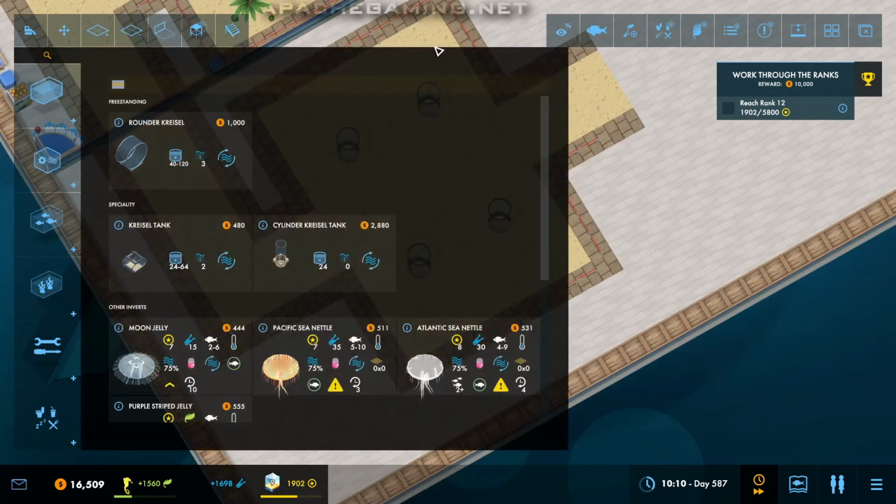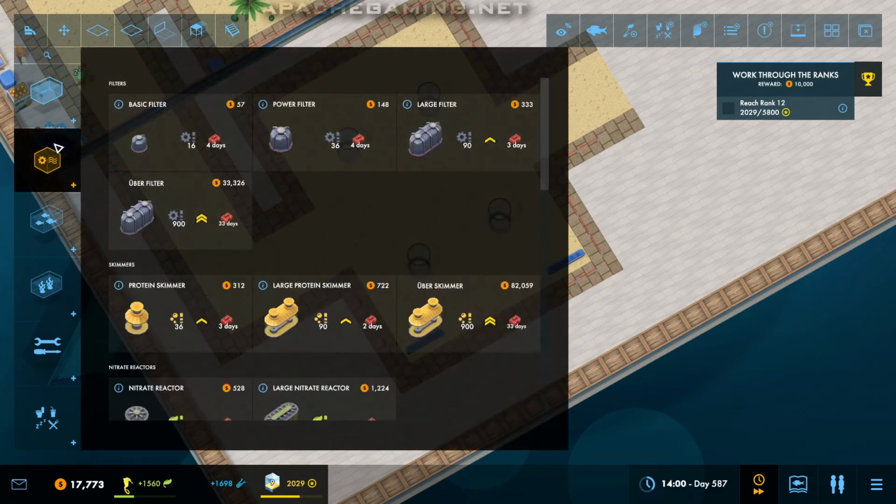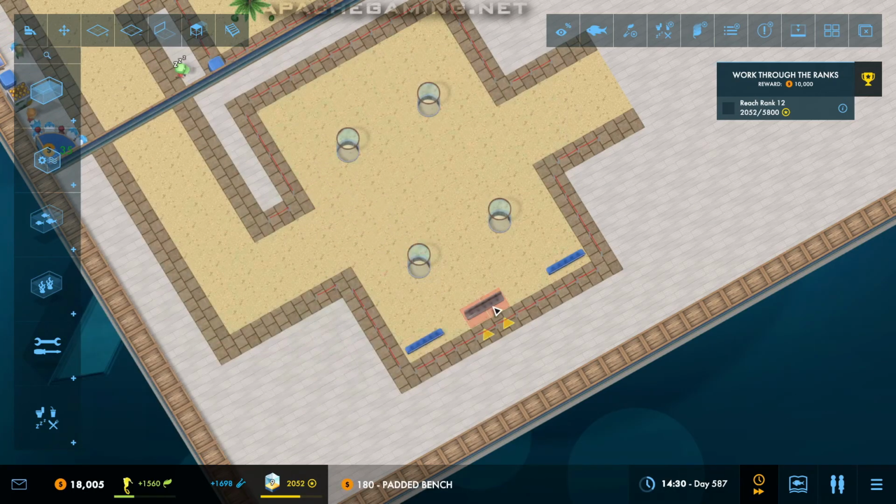So let's just have a look at the benches. Got some padded benches, and if we put those, say, around the back here, no, maybe right at the edge, and we can put one in the centre as well. Ooh, no we can't. Okay, that's...